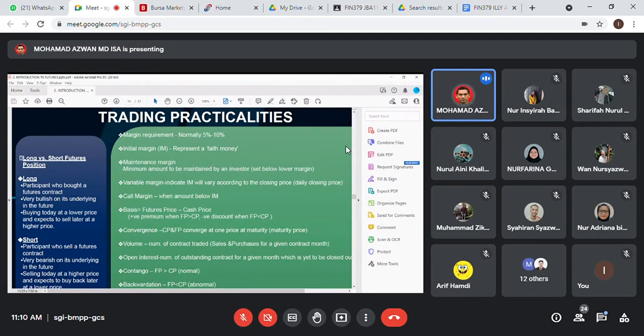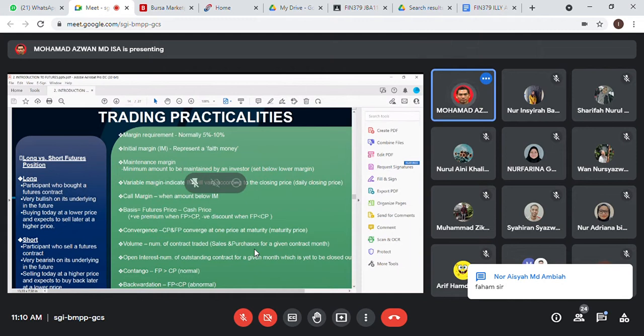8,000 minimum, because if required is 80%, maksudnya 80% of 10,000. So every day make sure the account balance is 8,000. Faham tak? Maintenance margin. Ya, yang tu dah required. So every day you must maintain a minimum amount of 8,000. Faham kan?